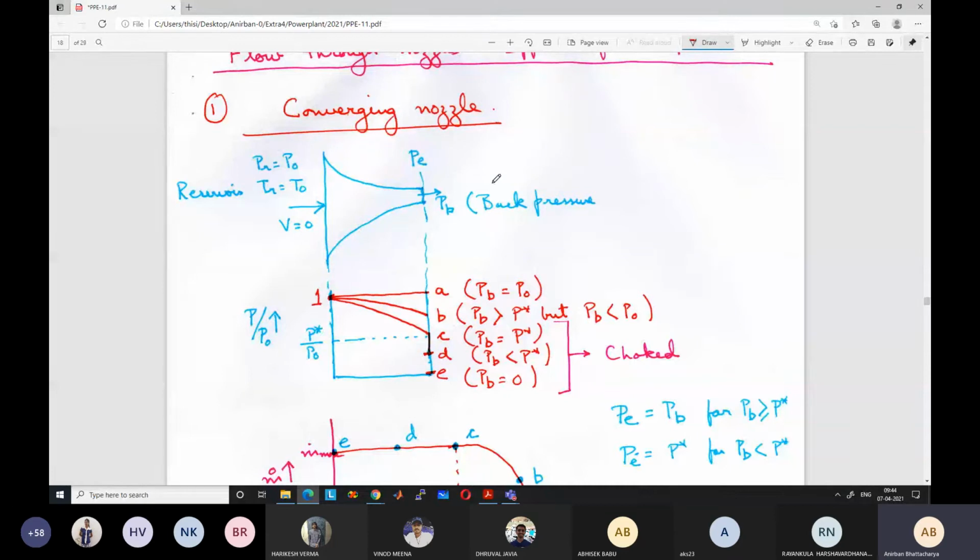So some change has to occur inside, but that is not going to occur. Ultimately the inside pressure variation will still be 1 to C. Inside, the pressure will still go from 100 to 50 kilopascal, then there will be a sudden jump outside, like a shock, from 50 to 20 kilopascal. If outside is fully vacuum, the same thing will happen. Inside the nozzle the pressure will follow the same pattern, but outside there will be a sudden jump. So you cannot change the pressure variation inside the nozzle anymore once the nozzle has become choked. Does this answer your question? We will discuss this in more detail in the next class.